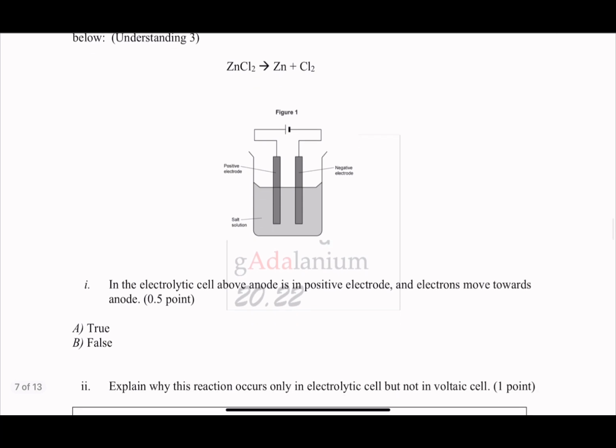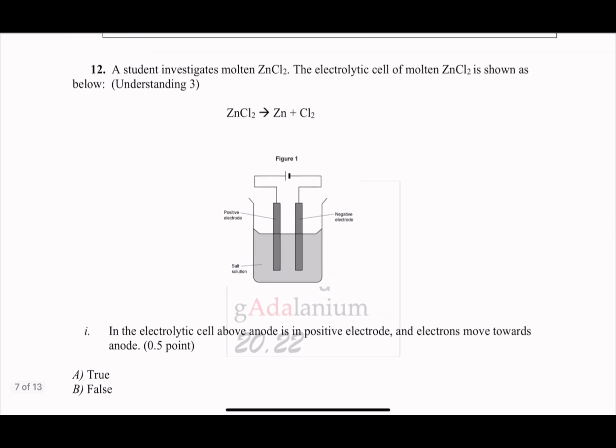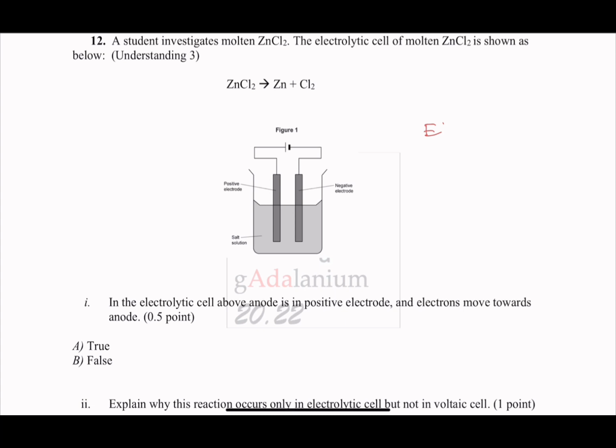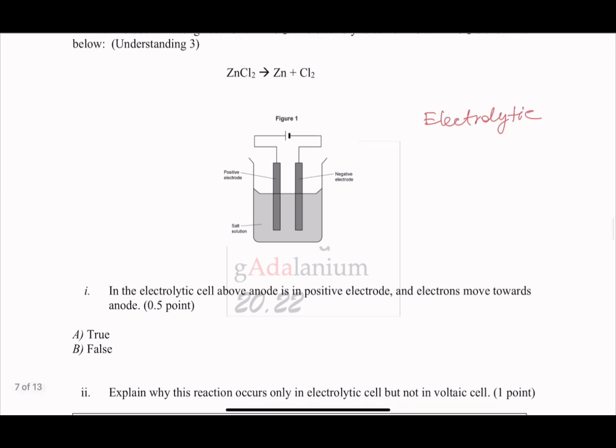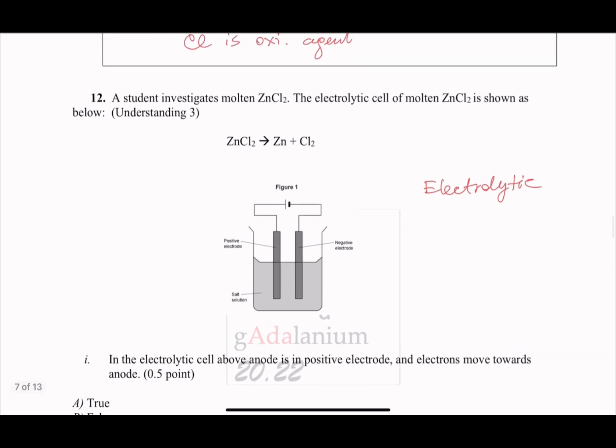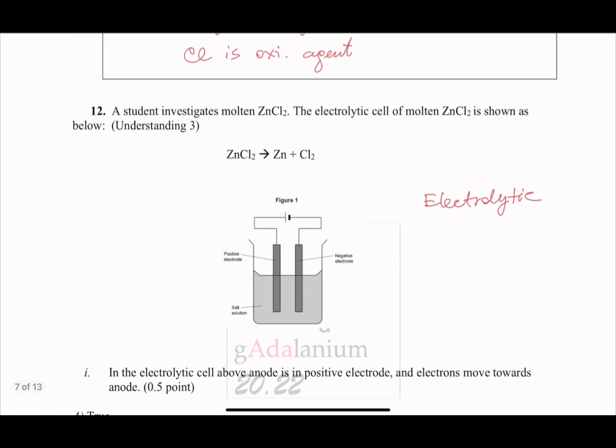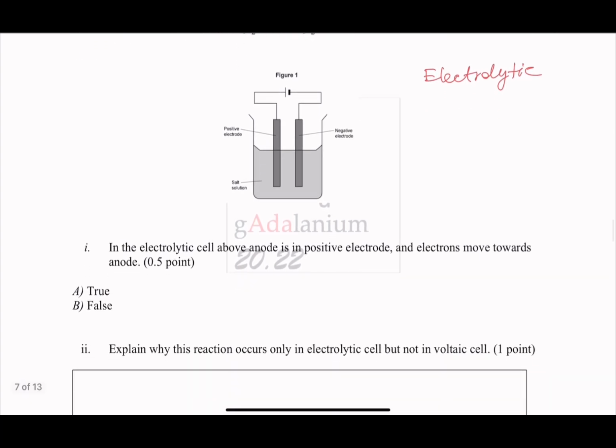For question 12, we're looking at an electrolytic cell. So this is one of the problematic questions, so I'm just going to go into detail on this. As soon as you start with this one, you need to do charge balances. But let's read the first part. In the electrolytic cell, the anode is the positive electrode, and electrons move towards the anode. Notice this, electrons never move towards the anode. They move towards the cathode. Because the anode